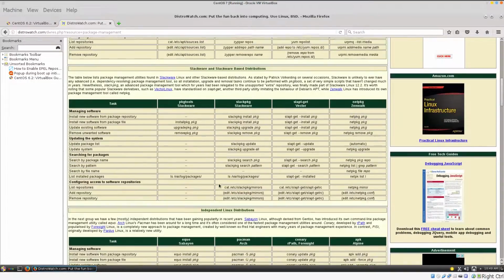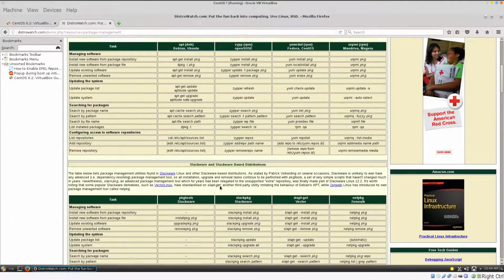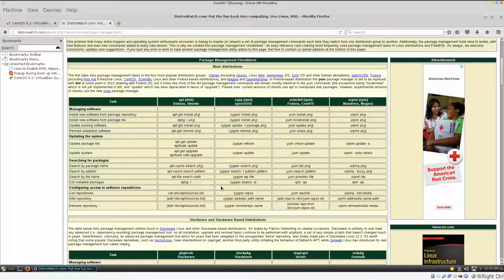Yum is going out. They're using a different package manager, a different command, which is dnf or something like that instead of yum. But yum is working just fine. So to install, and sudo does work in here, you just put yum install gcc and then that kernel